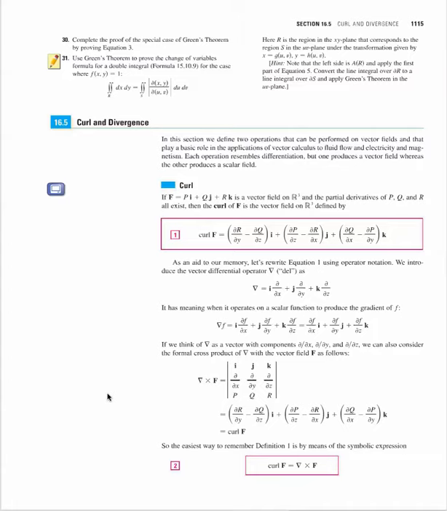We're going to start here in 16.5. Two operations on vector fields that we're going to define in this section. One is called curl, and the other is called divergence. The first is curl. It's very formulaic. The curl of f is, well, this thing written here, and you're never going to remember this formula the way